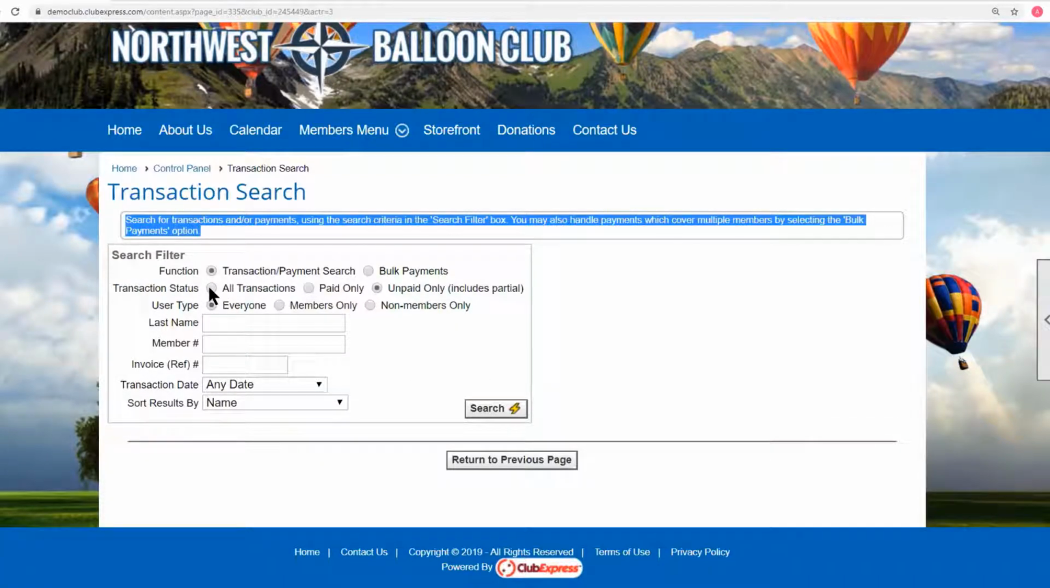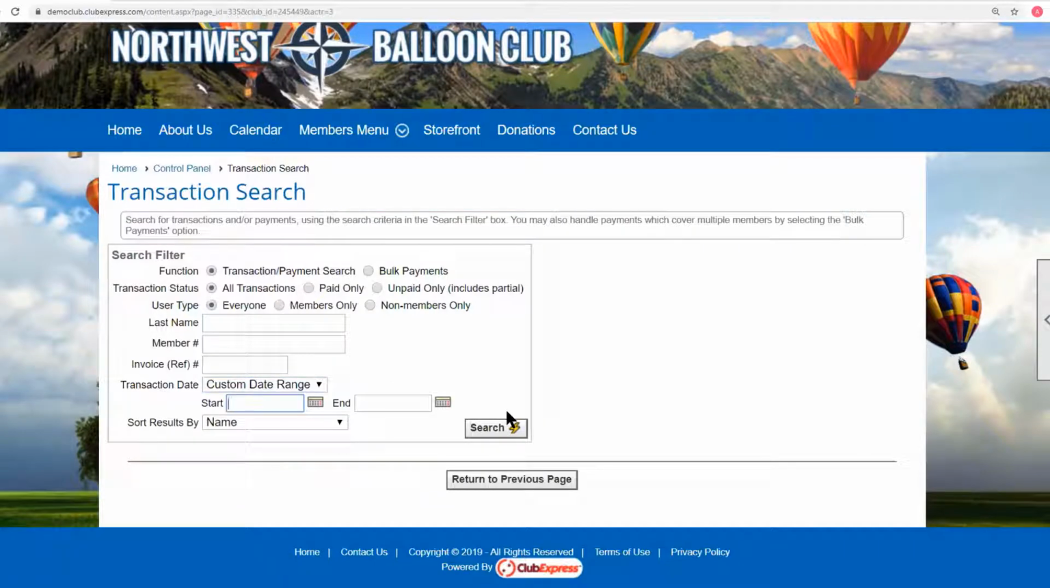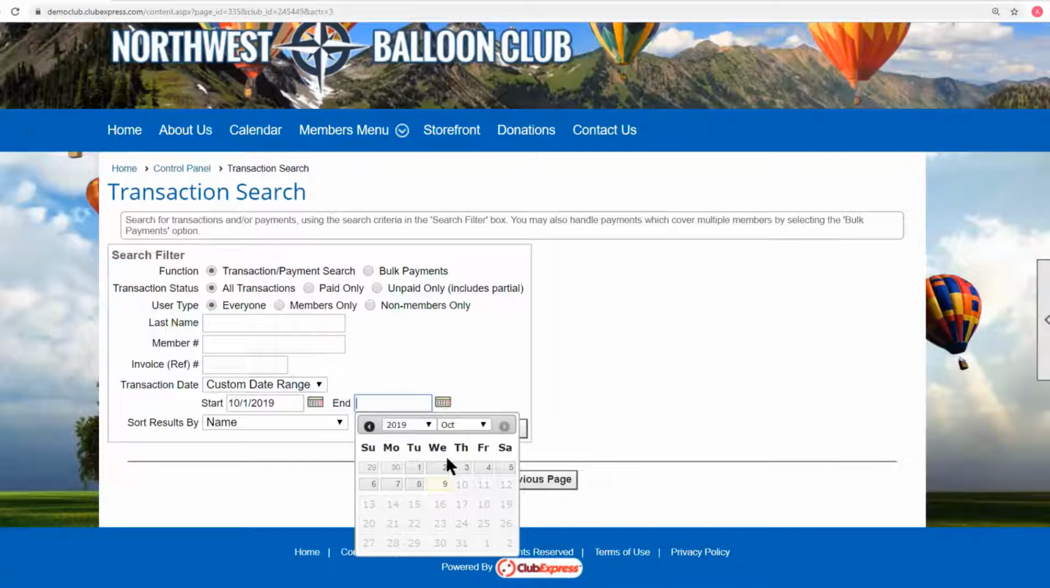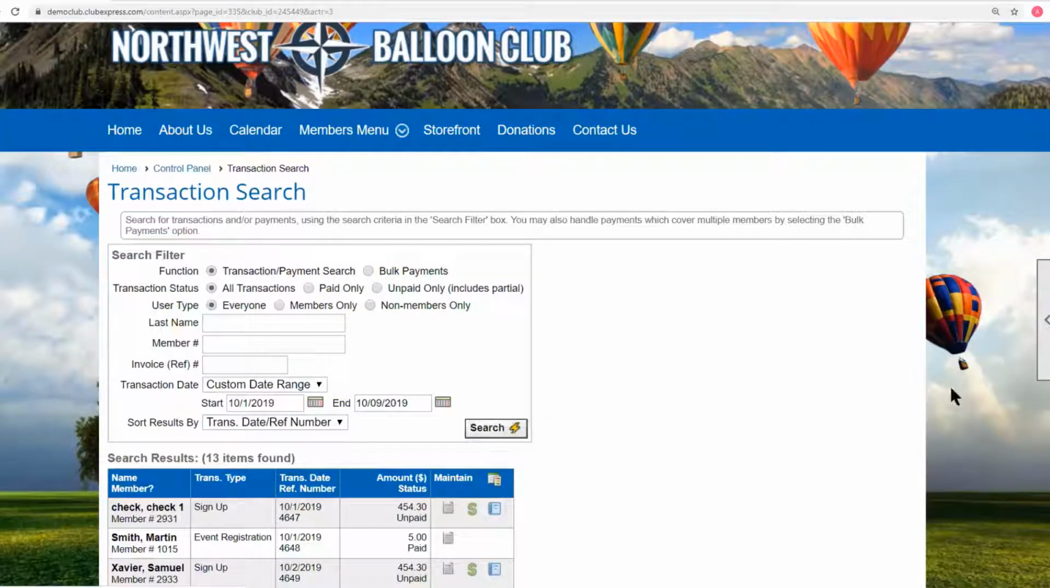You could decide, do you want all transactions? Do you want paid only or unpaid only? Do you want it for everyone or just for members or just for non-members? And I'm just going to put in a custom date range here just because there's so much junk data here. And you cannot go beyond today's date. So if you try to put in a date beyond that, it'll complain. And I'm going to sort by transaction date reference number. So now if I click search,